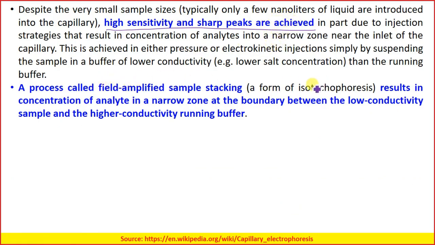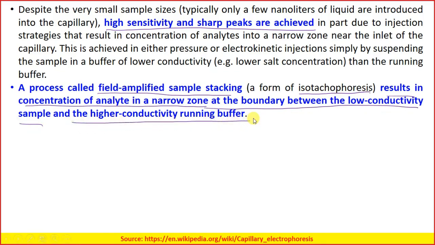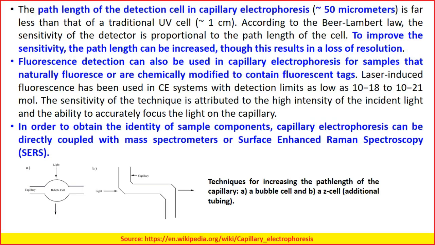Okay. There is another kind of analysis which is called isotachophoresis. It is a process called field amplified sample stacking. It results in concentration of analyte in a narrow zone at the boundary between the low conductivity sample and the higher conductivity running buffer. Okay. Then one of the major problems over here, as I told you, is that we are using capillaries whose diameter is quite low. So because of that, what happens is that